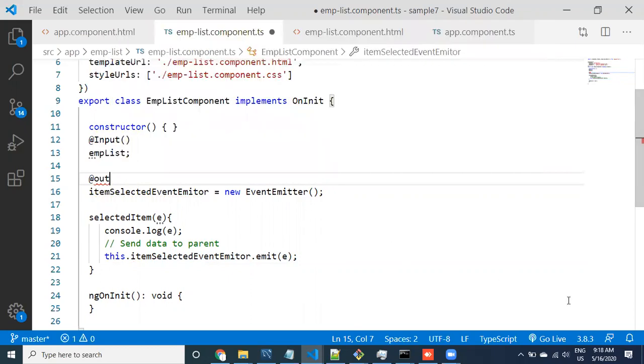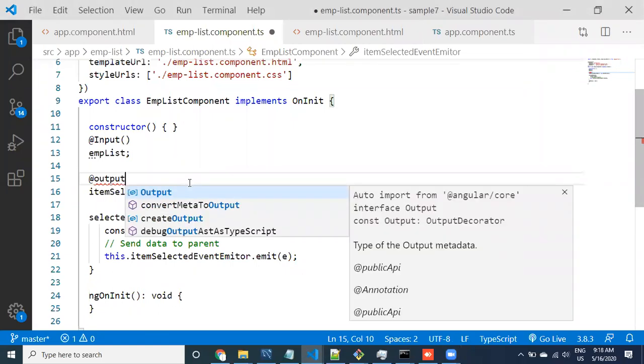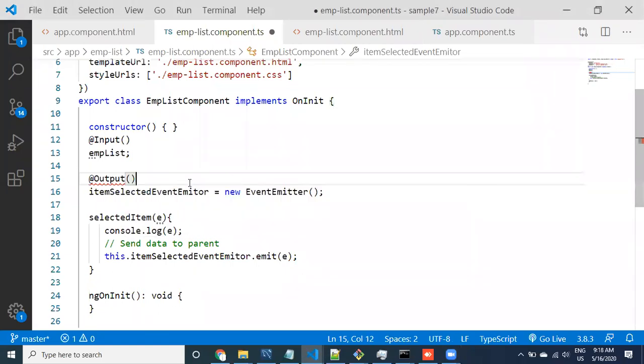Let us provide the output decorator. Of course, there is no need of output in some cases, but know the meaning of output guys, and we can see the alternatives later. What is the meaning of output? We are emitting the data, so this is nothing but emission.